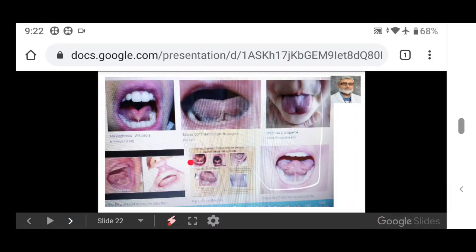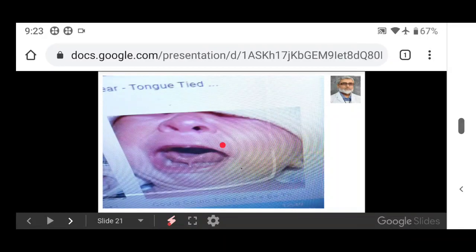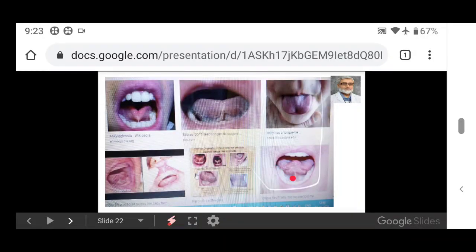You can see tongue tie here. This is a very typical picture. If the child wants to protrude his tongue, it is obstructed from complete protrusion, and a pit can be visualized. You can easily see the pit over the anterior portion of the tip of the tongue. He is unable to protrude his tongue. You can see it in this case also. Is it clear? Now come to the next slide.